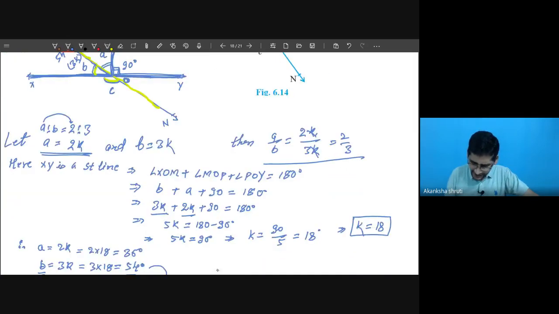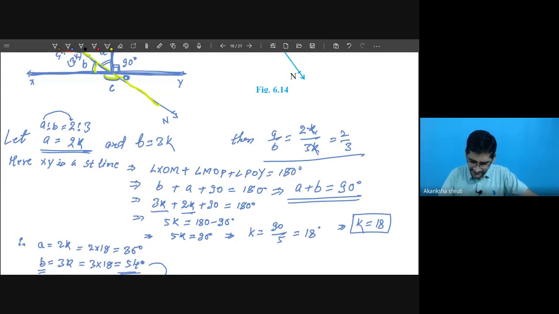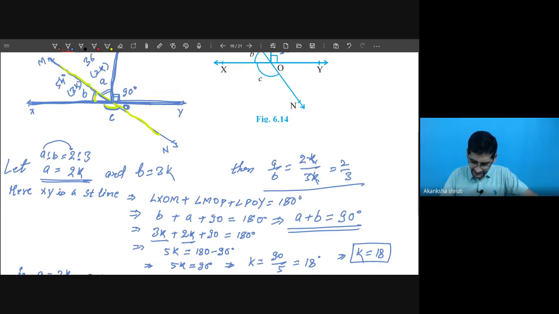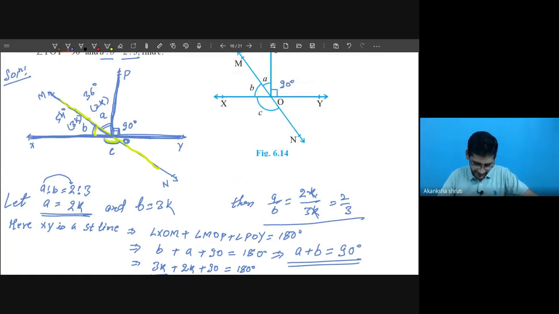No, see here, this is going to give us A plus B is equal to 90 degrees, the same thing. This A plus B is 90 degrees is obtained from this one only. Whatever 180 degrees we are taking, the same thing. A and B is here in terms of K. While taking this in terms of K, it becomes convenient to calculate the exact value of A and B. Otherwise, how will you use this ratio? Where to use? So student, you can use another way also.